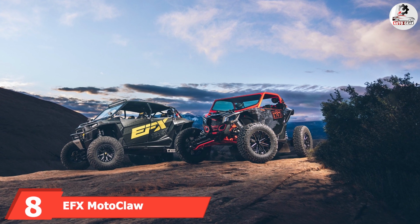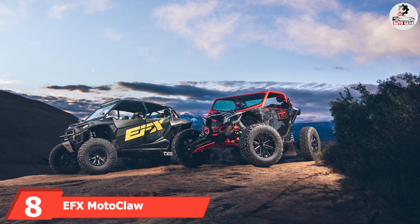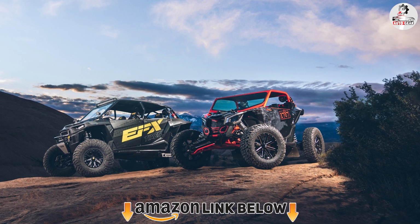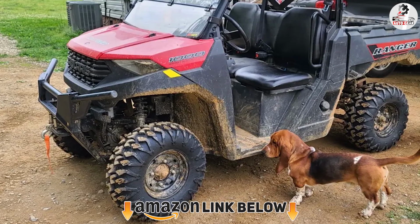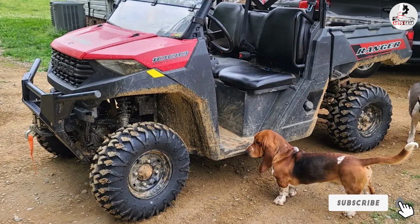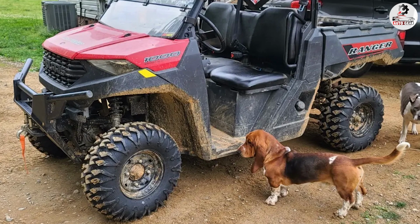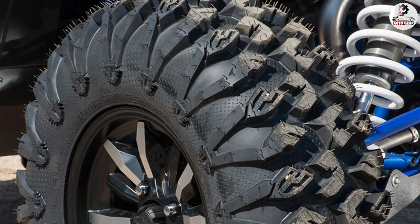The number 8 position is held by EFX MotoClaw Radial. EFX's MotoClaw is one of the unique tires on this list, with a tread pattern that looks unlike anything else in the category. The company promises outstanding lug strength, which makes the tire usable on hard-packed terrains, gravel, and dirt. We can confirm this. The MotoClaw is super responsive on all trails we encountered and also provides the driver with